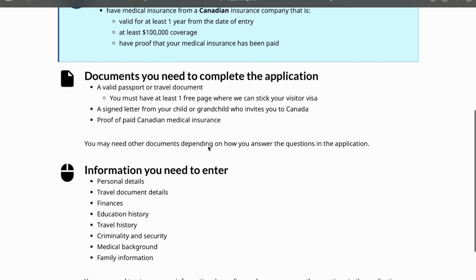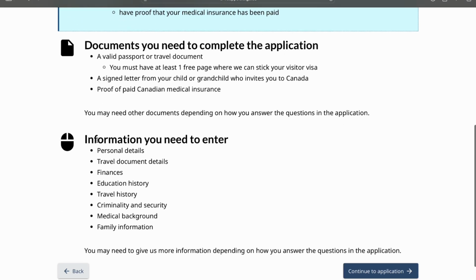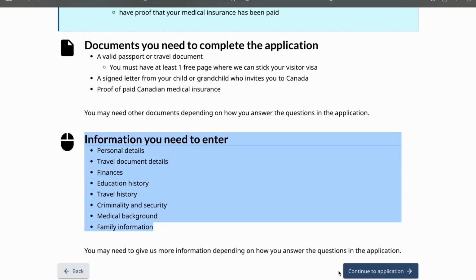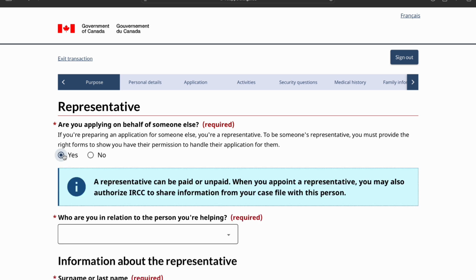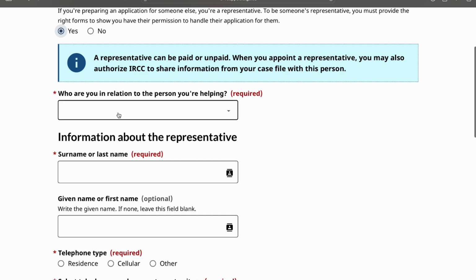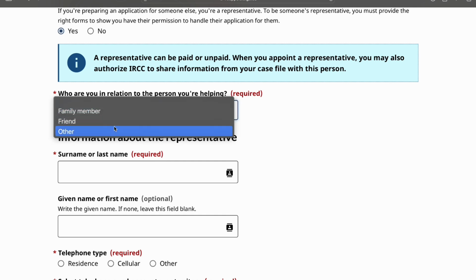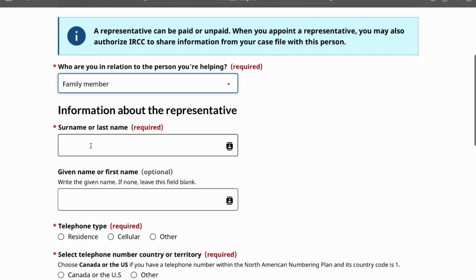Then the documents which you need and the information which you need to fill. So we are okay with this. Click on continue to application. Representative, I will select yes because I became representative in my parents' Super Visa application. So fill the details accordingly. Who are you in relation to the person? Family member. So here my last name and first name,